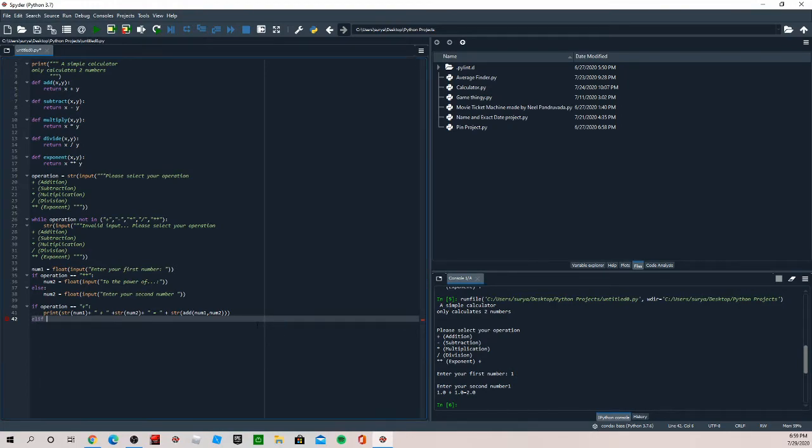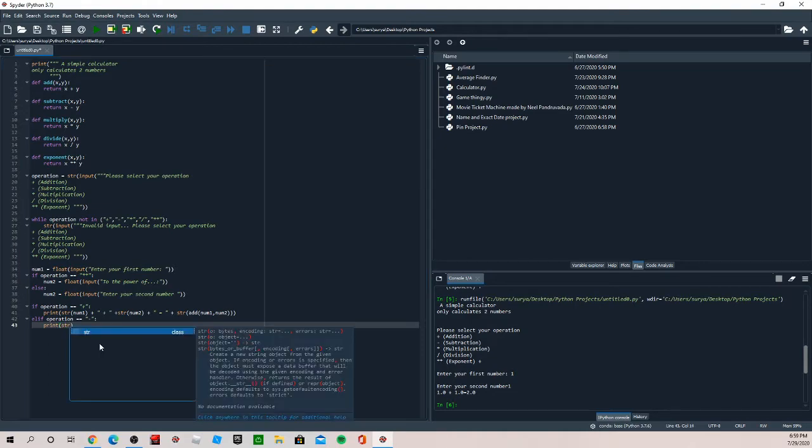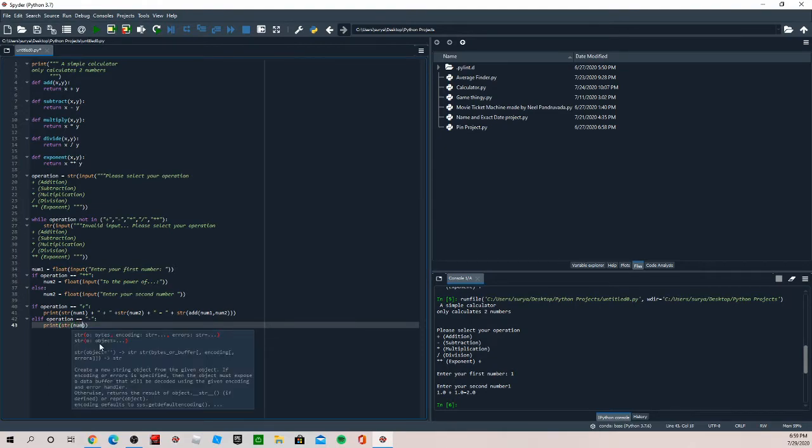And then we have to write operation equal to, this time, subtraction. And one more thing here. I'm not sure if you have to do this, but usually I put a space between these pluses. I guess it looks better to me, so I'm just going to have you do that too. So if operation equals to subtraction, then we're going to write print str string num1,